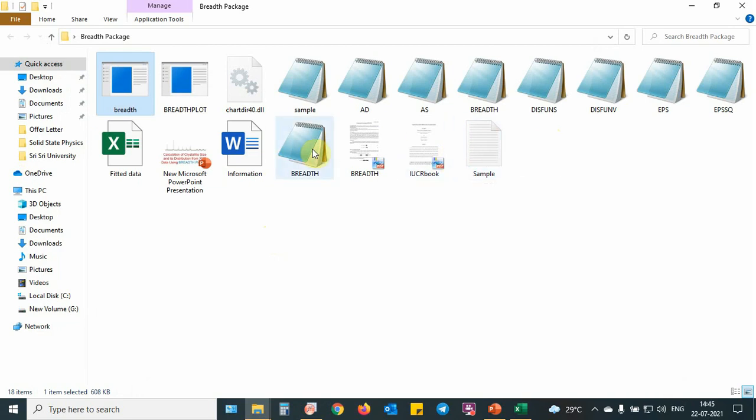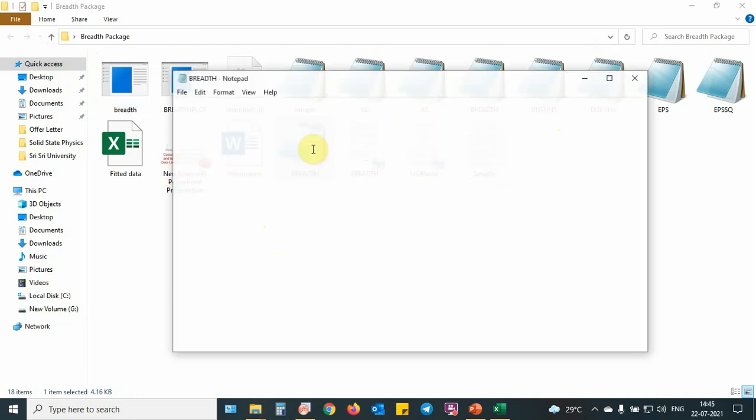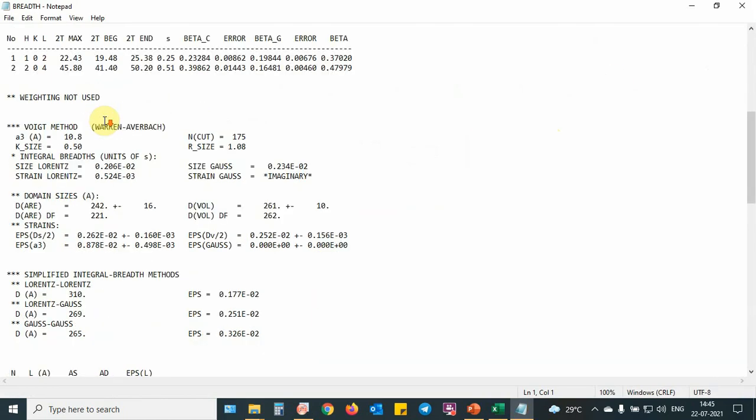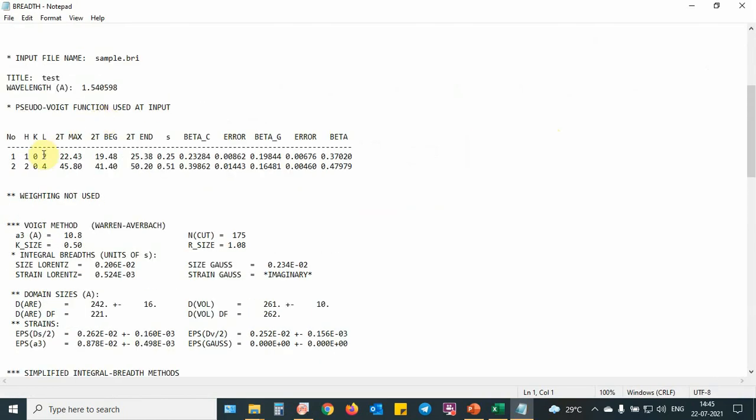What I'm going to do is see the output file. Yeah, this is the output file, as you can see. Here the HKL values are taken. This software converts the pseudo-Voigt parameters into the Voigt peak profile and estimates the crystallite size and its distribution.